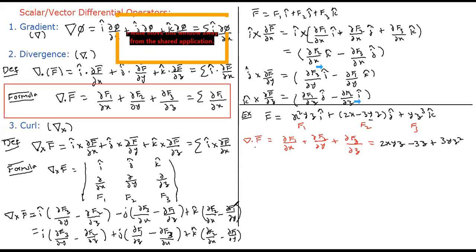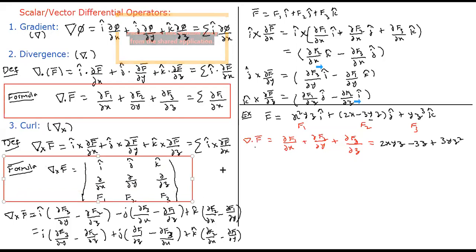Is that okay? So instead of writing it as a cross product and doing the simplification, I can simply apply this determinant kind of formula and do the calculations easily. Now let us see an example. For the same function, we'll try to compute curl f bar.